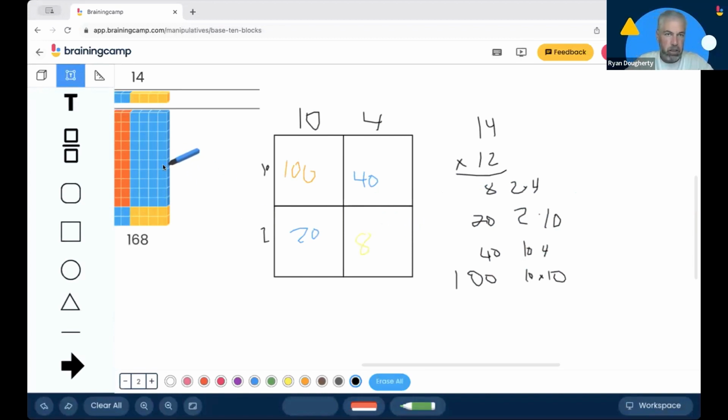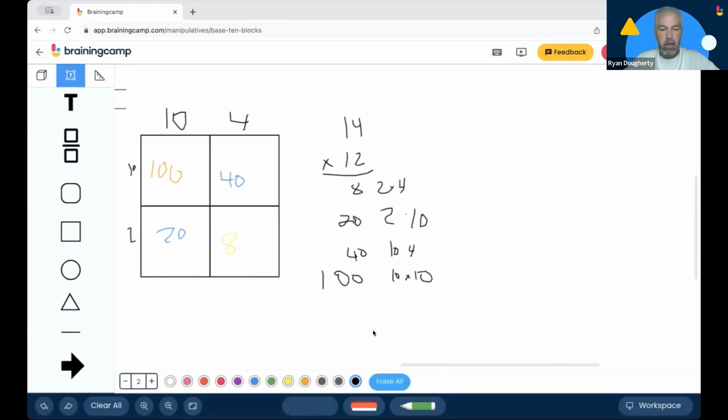And this is what it looks like in the concrete model. The 20 is coming from here. This is what it looks like in the concrete model. And then, same thing with the 4, same thing with the 10. And then that's going to help me get to the last one, the standard algorithm of 14 times 12